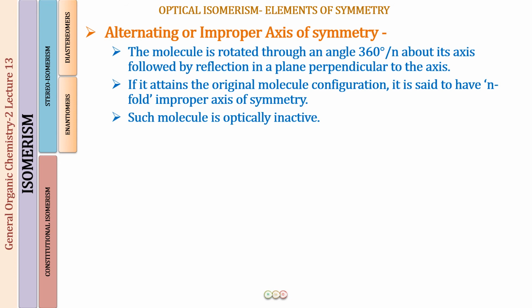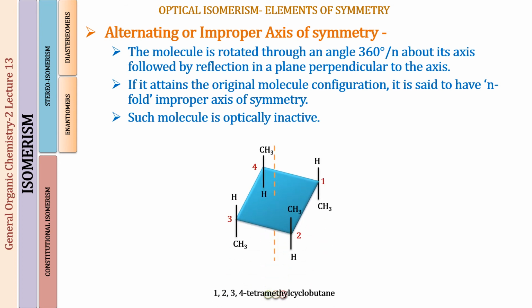Let me give you one example, and the example that we will be discussing is 1,2,3,4-tetramethylcyclobutane. Right, so we have this as the cyclobutane ring, and in the cyclobutane ring you can see that each of the carbons has a CH3. But how are the CH3s arranged? If you look here, we start with carbon number 1. Any can be carbon number 1 because all of them have the CH3. First of all, this should be clear to you, right? So this one is below, this one is above, this one is below, and this one is above.